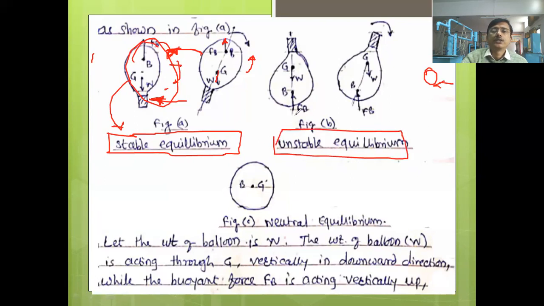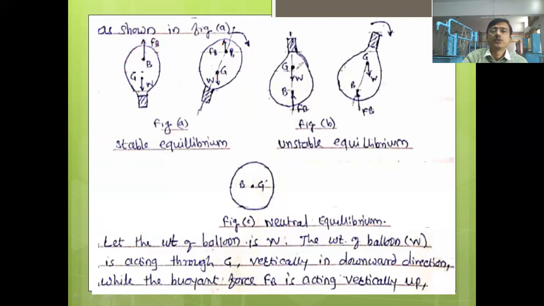Okay, now here let us see this figure number 2. Okay, figure B. Why it is called the unstable equilibrium, you will get an idea about that. The same balloon, okay, I have inverted its position. Okay, means weight is now in upward direction, and this G is above the B. ओके, बी आता या ठिकाणी काय झालेलं आहे, खाली आलेला आहे आणि जी वरती आलेला आहे. Why has the G been upward, बिकॉज आपण हा उलटा केलेला आहे. ज्या ठिकाणी वेट जास्त असतं त्या साईडलाच हा जी शिफ्ट होतो, बरोबर आहे.